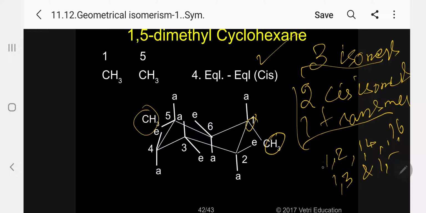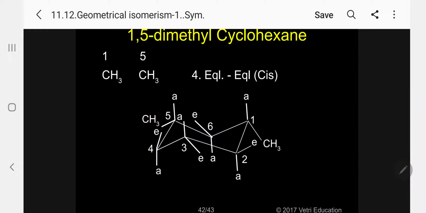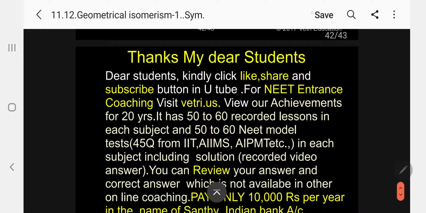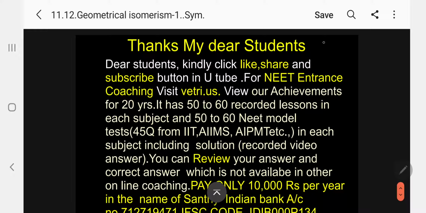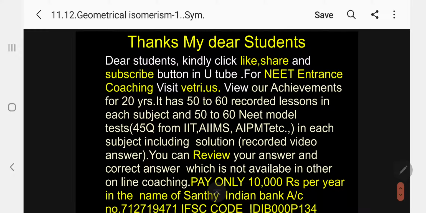Please follow. And same way, these two are just opposite. So if you memorize 1, 2, you can easily write the opposite for 1, 3. Then you can write the 1, 2 pattern for 1, 4 and 1, 6. Same way, 1, 3 you can write for 1, 5. Kindly follow. I hope we have discussed the symmetrically disubstituted cyclohexane. In this case, 1, 2 dimethyl cyclohexane, I have explained here. And the important information here, my dear students, just listen to me.